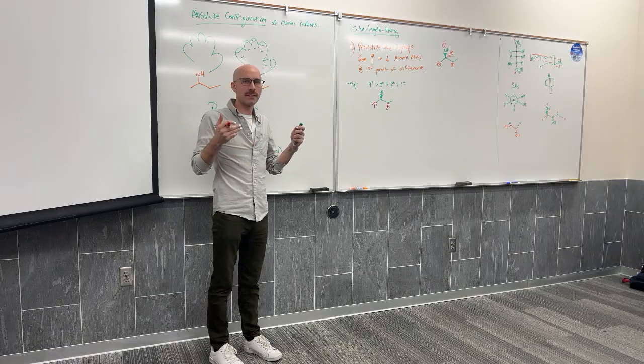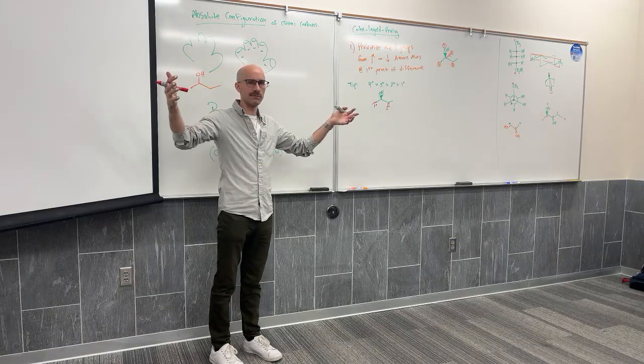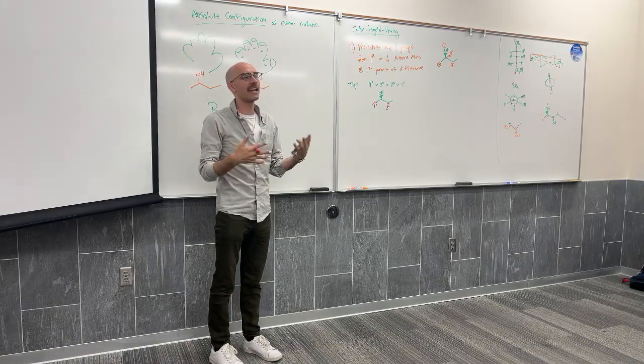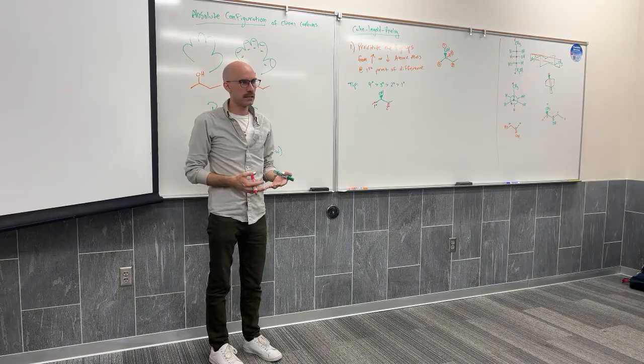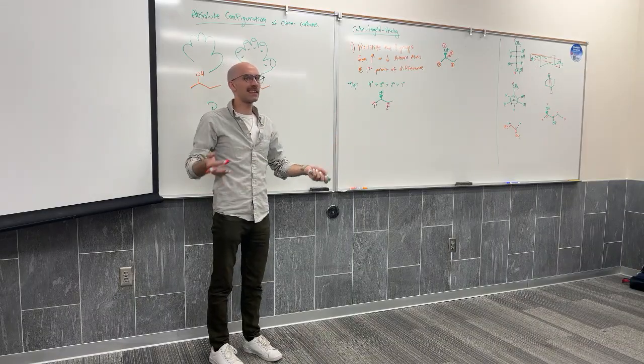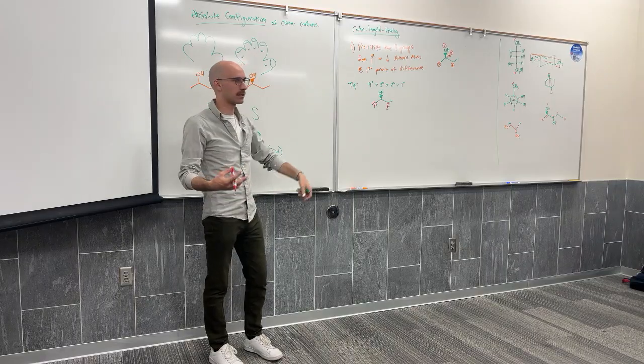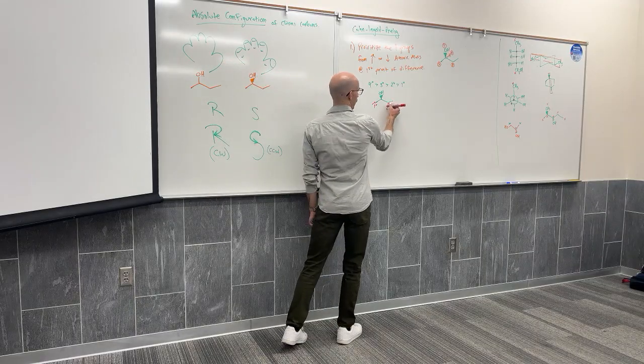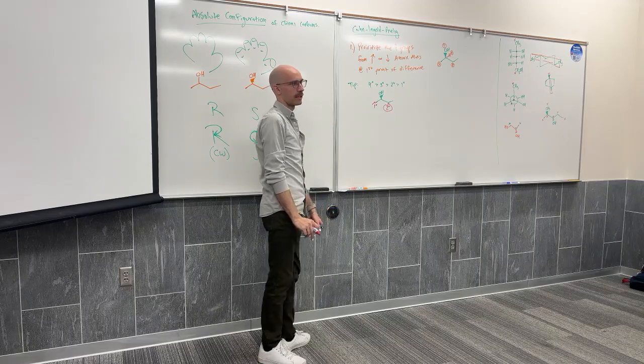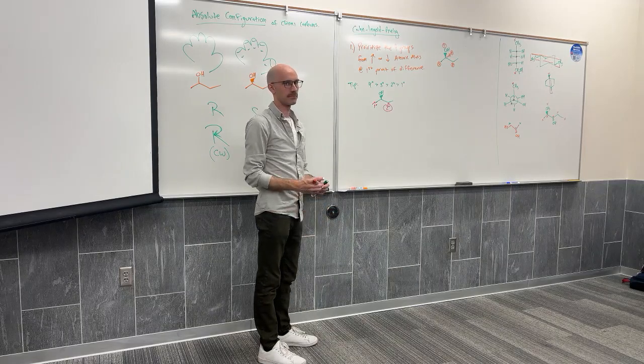The more substituted the carbon, the fewer hydrogens it has, and so it will beat out a less substituted carbon by having more carbon to hydrogens. Secondary carbon, higher priority than primary